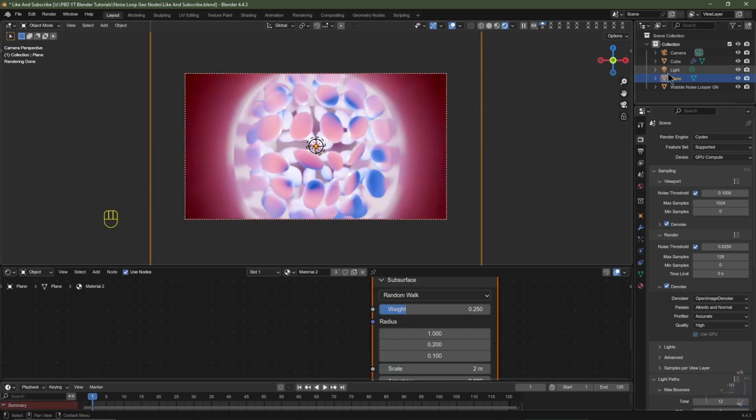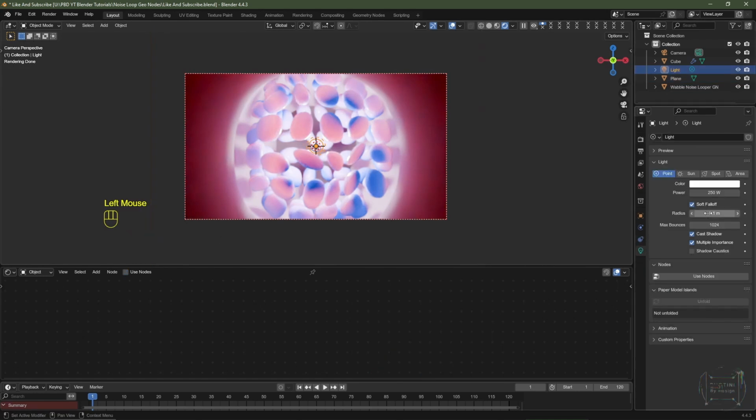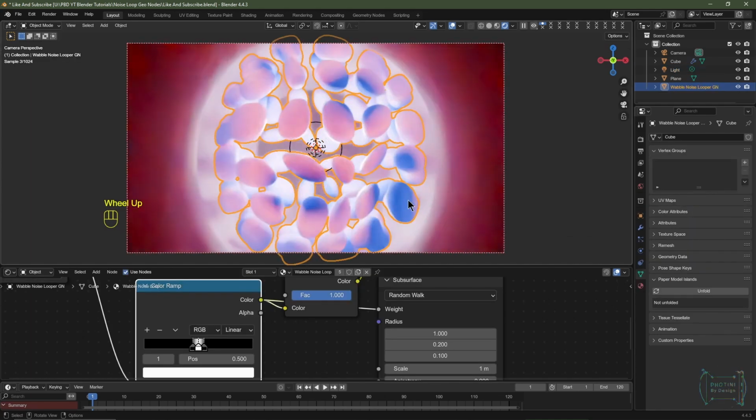Maybe I'll go to my outliner and select the light. I'm going to go to my light data tab down here. I'm going to increase the radius to 0.25, just for softer shadows. I'll then select the inner object, and I think I want the blue to be shiny and the subsurface pink to be rough. So all I have to do here,